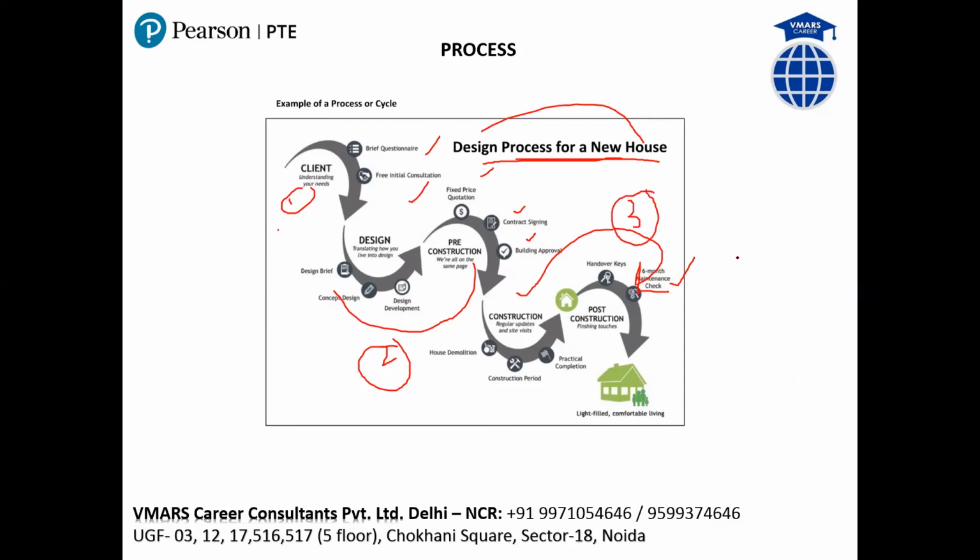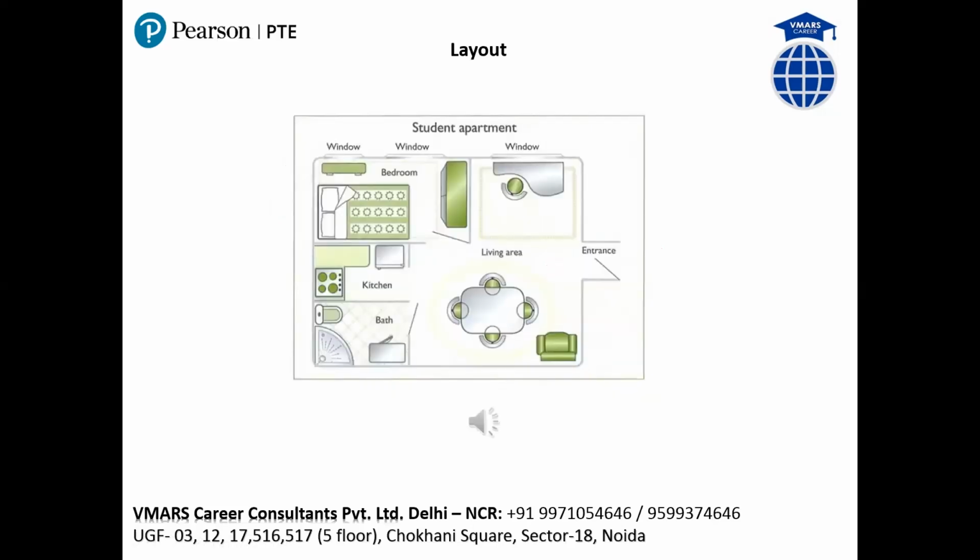Overall, now what you can do, overall में आप total number of steps भी बता सकते हैं. In conclusion or overall, to conclude, there are total 1, 2, 3, 4, 5. Okay, there are total 5 steps involved in designing of a new house. On to one more type. I hope this is the last type only.